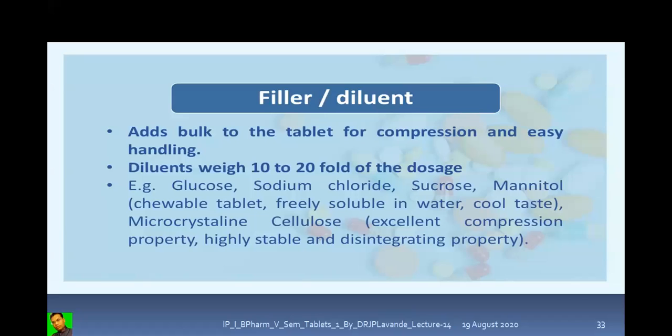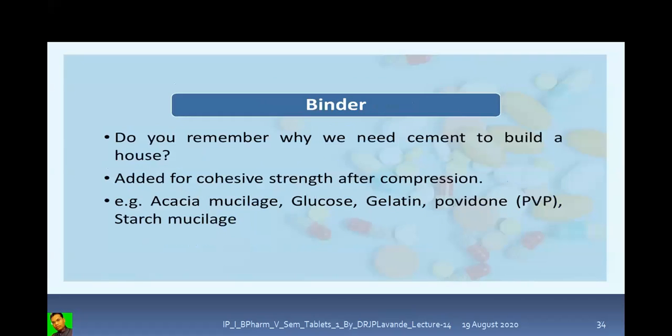So that means it is the multifunctional ingredient. It is a multifunctional excipient. It will offer compression property. It is more stable. It will offer disintegrating property. And it is advisable to go for the use of multifunctional excipients so that the complications can be reduced and the cost of production can be reduced, so that the final product is made available at a cheaper rate, at an affordable price.